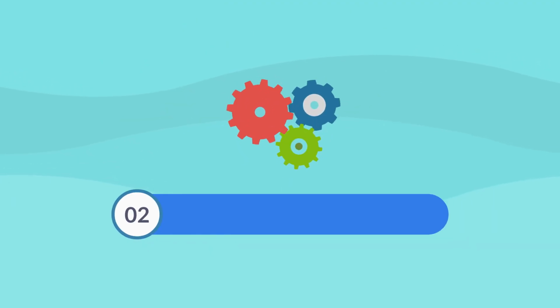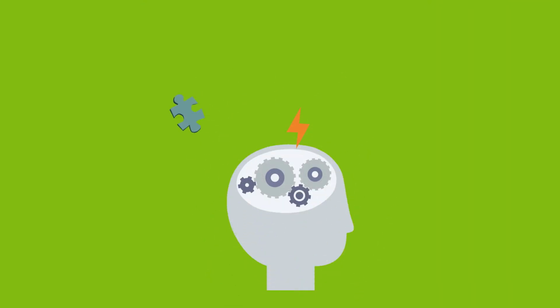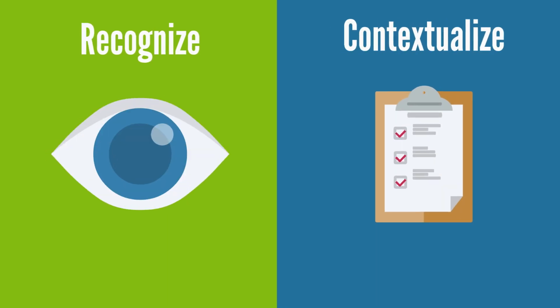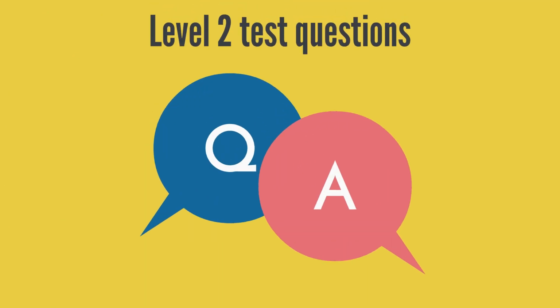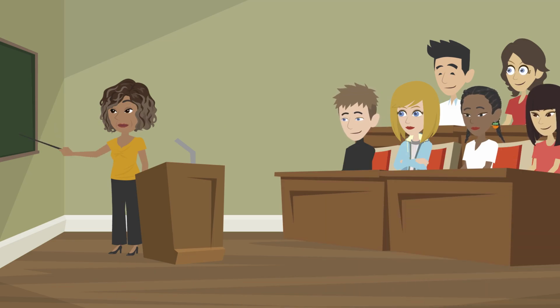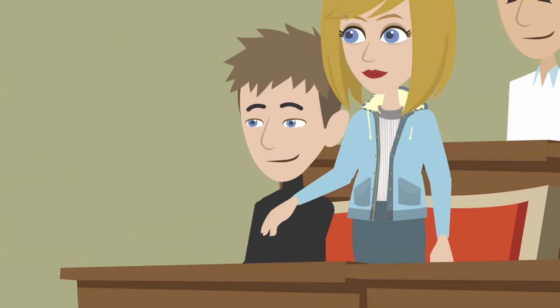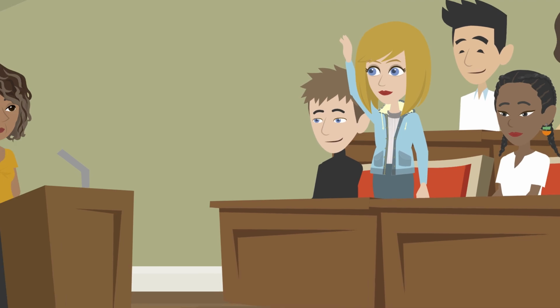Number 2. Understanding. This level requires students to move slightly beyond factual recall and to recognize, contextualize, and define in their own words a concept they have been exposed to. Level 2 test questions are often short answer or essay questions and cannot be easily guessed. The first 2 levels of learning are what most teachers try to cover during class. If you pay close attention in class and make sure you get your questions answered, you should be at this